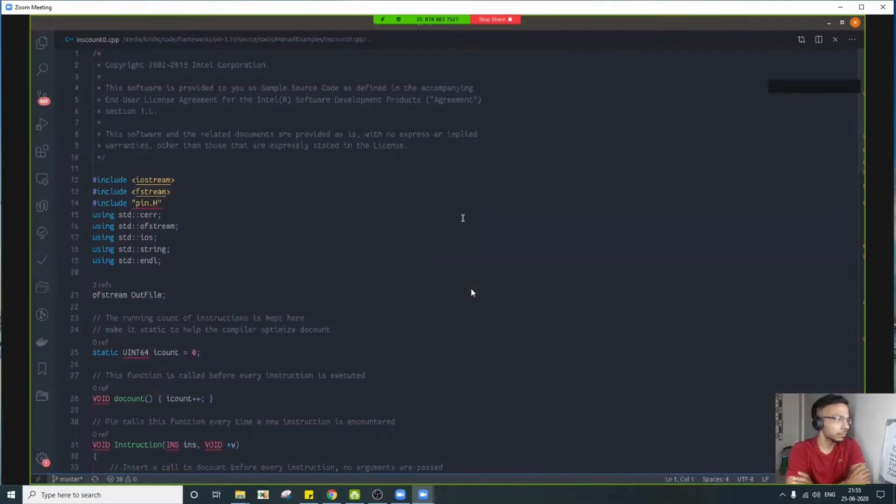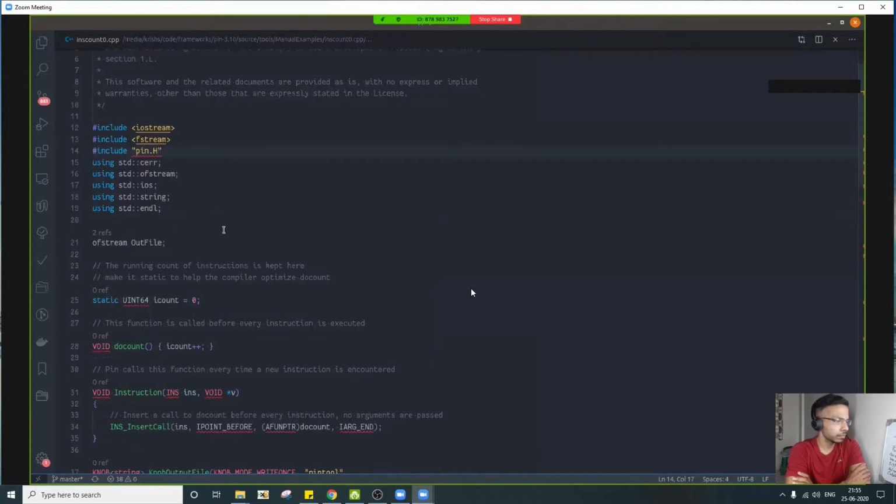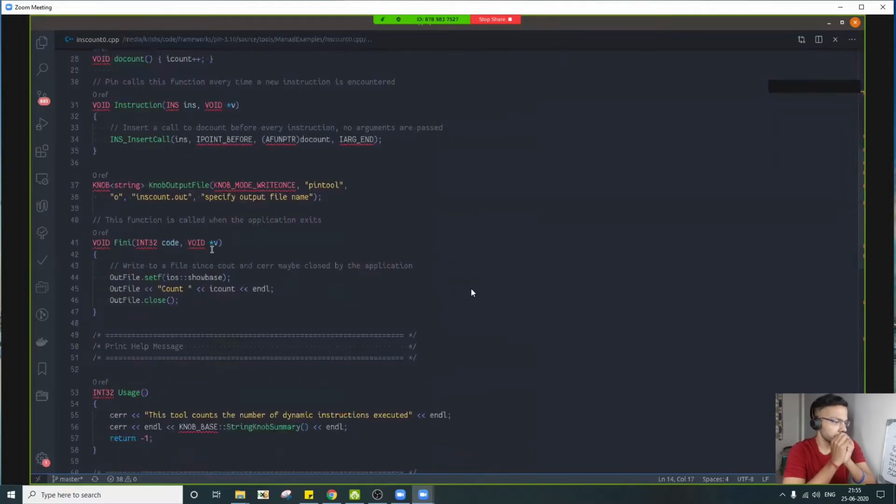In order to write a pin application, you need to include this pin.h header file and whatever C++ headers you require. Then you can code it strictly as a typical C++ application.